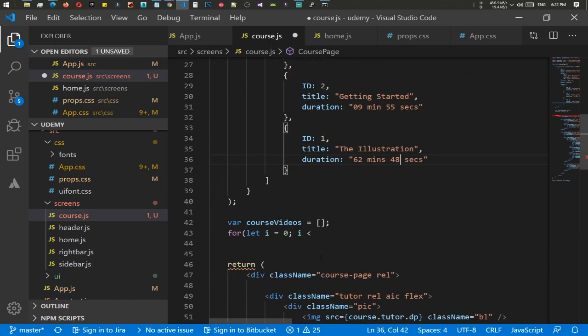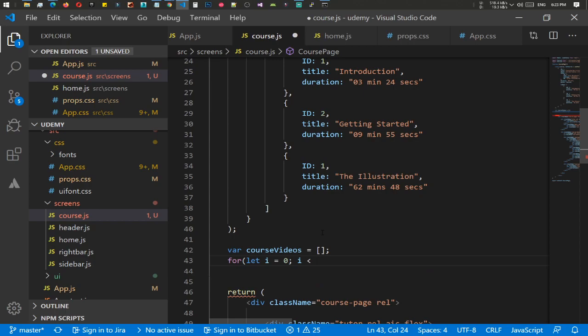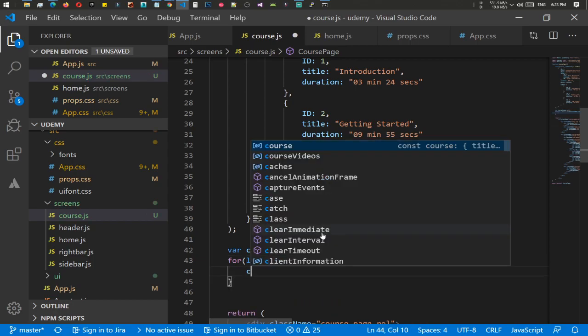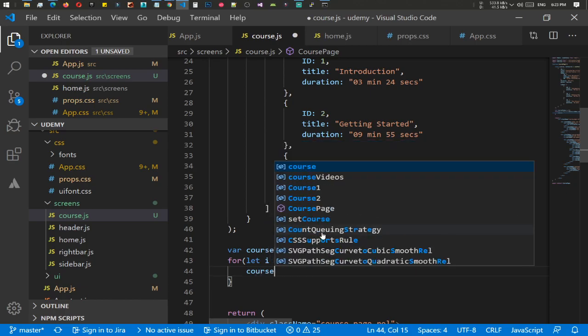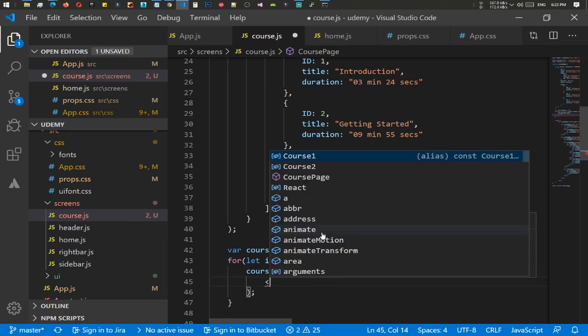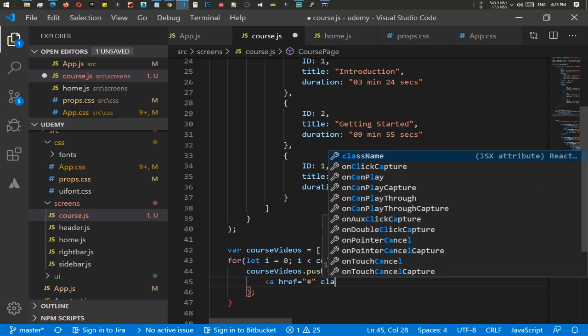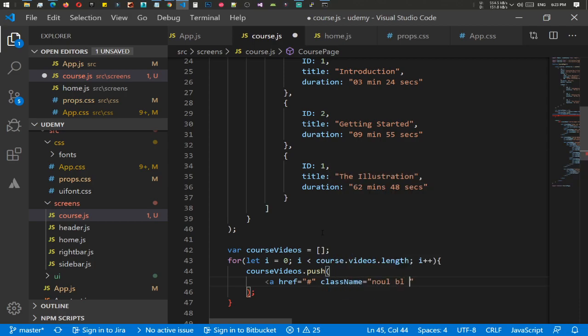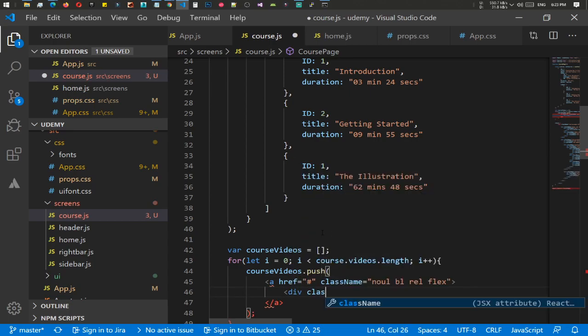Let's save it and go to course.videos.length, i++, and we should add course.videos.push, and let's add a ref hash and give it a class name of noul bl, and we have a flex class of course, and we need to add a div class name of id, and it should have is18 font and cff,